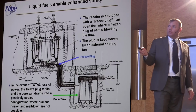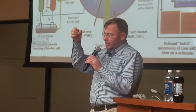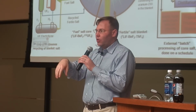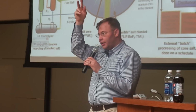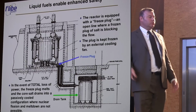And what this simply was, it was just a small port in the bottom of the reactor that was kept plugged by a frozen plug of salt. And to keep the port plugged, they had a blower that would blow cool gas over it. So there was a little plug of frozen salt there. Well, if the power went out, the blower turned off, and the heat would melt the frozen plug, and guess what? The fuel drained into this drain tank,